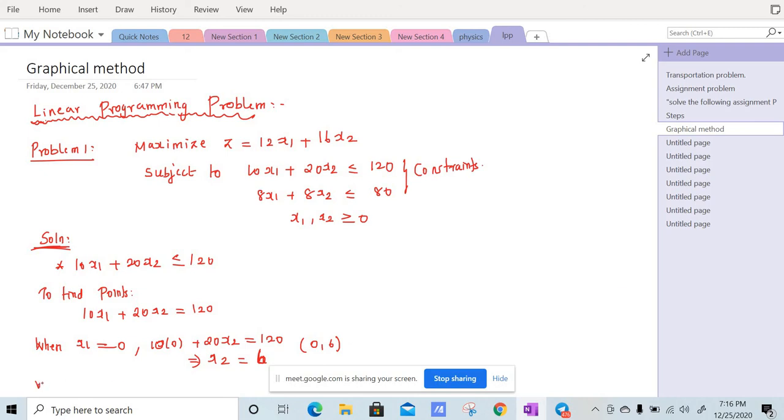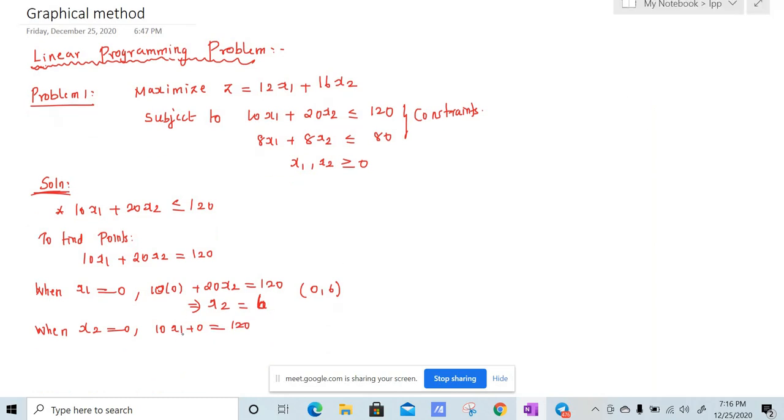And when x2 is equal to 0, so what will be my x1? So 10x1 plus 0 is equal to 120. So this implies x1 is equal to 12, right? So 10x1 is equal to 120, x1 is equal to 120 by 10, which is 12. So here the coordinates are 12, 0. So we have found 2 points in the graph, right? For finding 2 points, we have assumed that it is equal to. So with the help of the equal to symbol, we have found 2 coordinates for the graph. Now we can